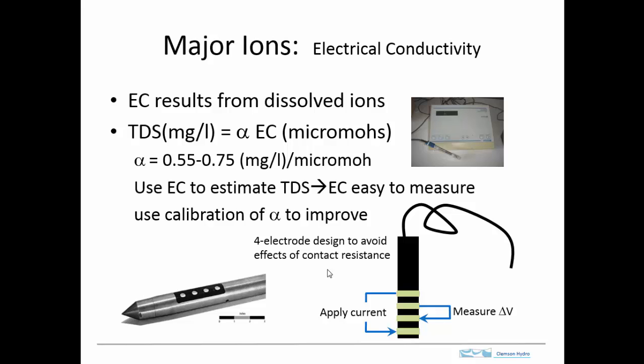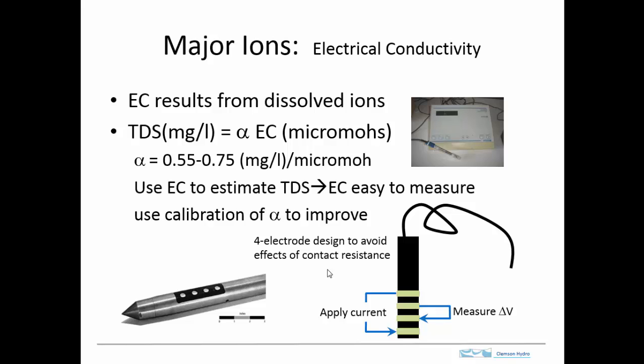As it turns out, though, the charge that's carried by the different dissolved ions allows current to flow through the water. And so the electrical conductivity of the water is a strong function of the concentration of the ions that are dissolved in it. So if we measure the electrical conductivity, we can correlate it to the concentration of